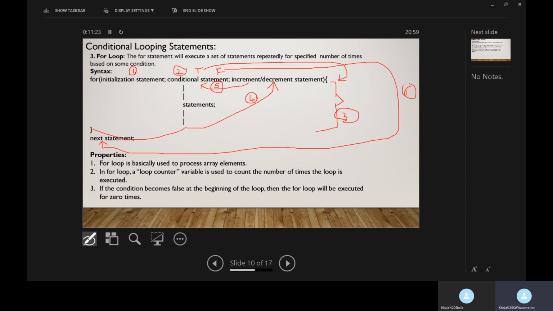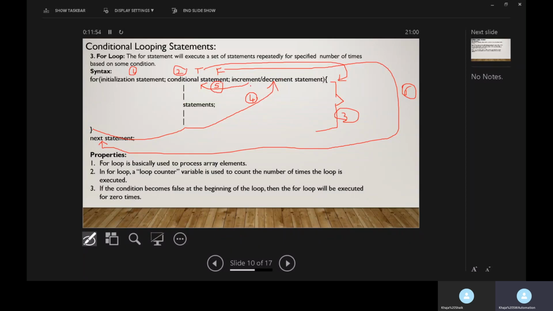So like this the for loop will execute. The for statement contains three parts: initialization statement, conditional statement, and increment or decrement statement, and the body, a block of statements. First the initialization statement will be executed, and then the conditional statement. If the condition is true, all the statements in the loop body will be executed, and at the end of the loop the increment decrement statement will be executed.